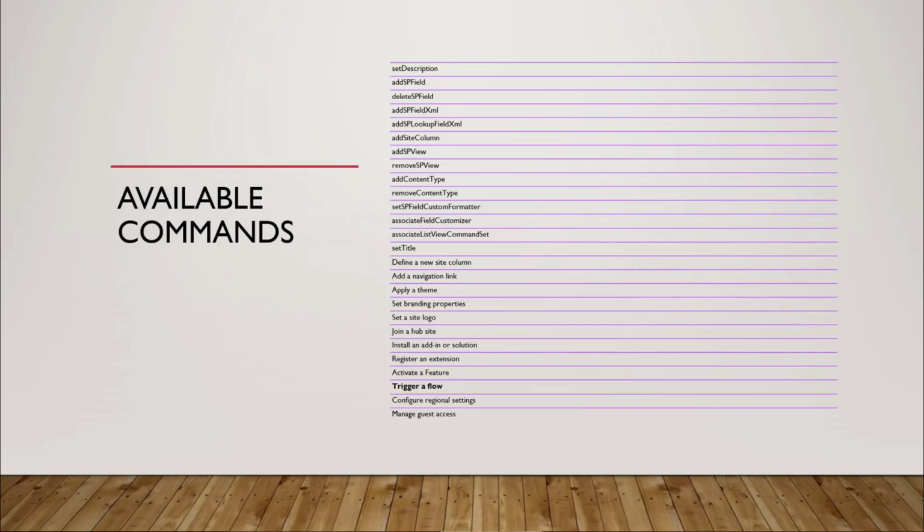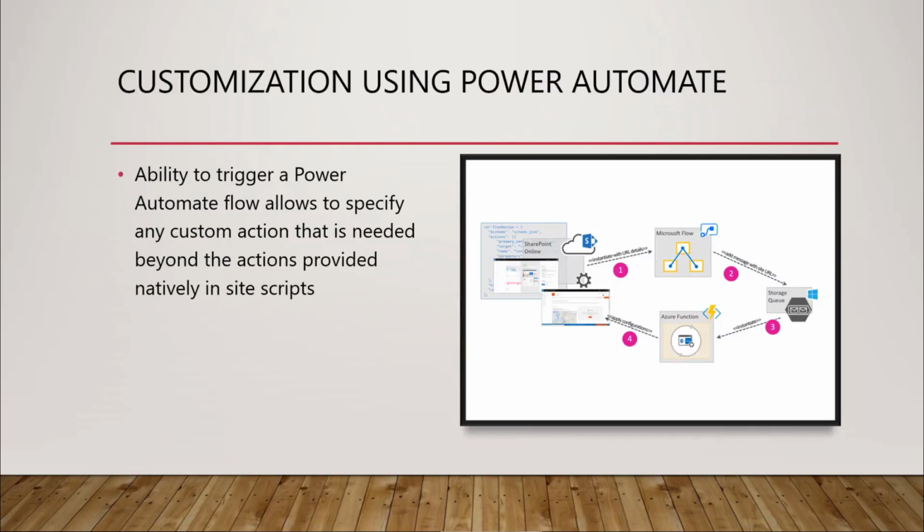So when I say trigger a flow, this opens up a different environment, right? Or a different approach for all developers or power users to do something that is not readily available in the current verbs that we have. So you could customize your Power Automate, and then you could trigger it. Trigger flow is a very important verb, which gives you the ability to trigger a Power Automate flow, which allows you to specify any custom actions